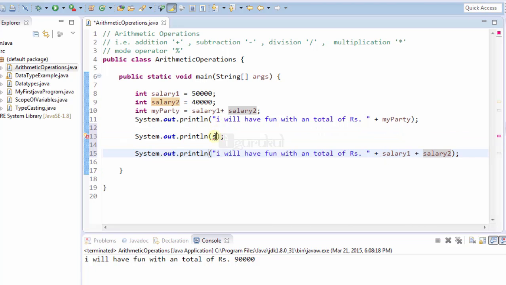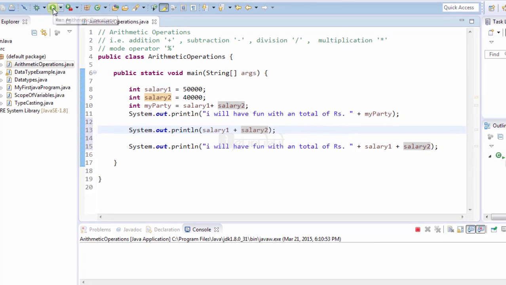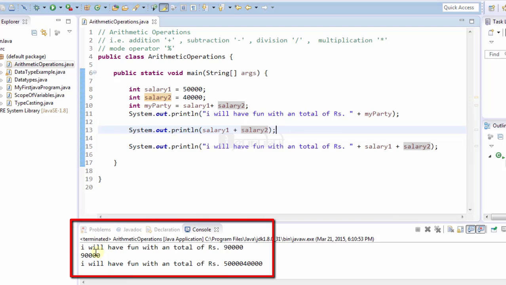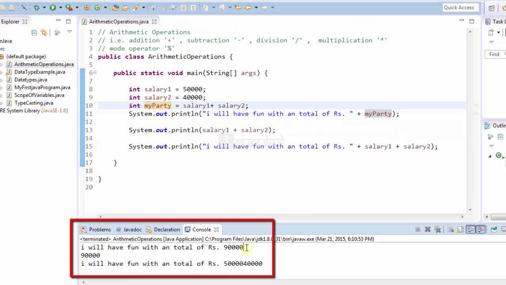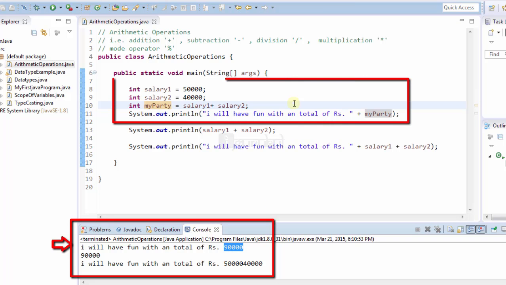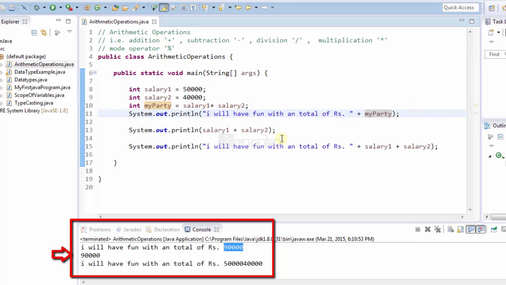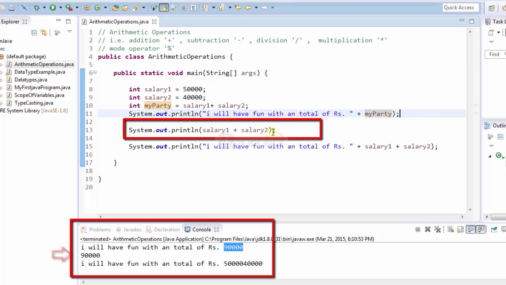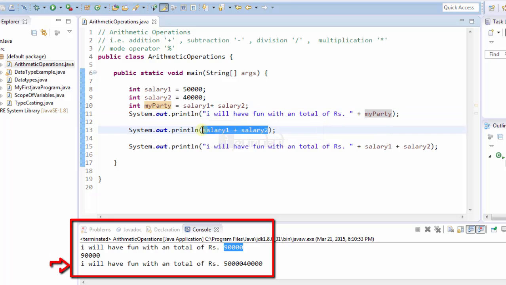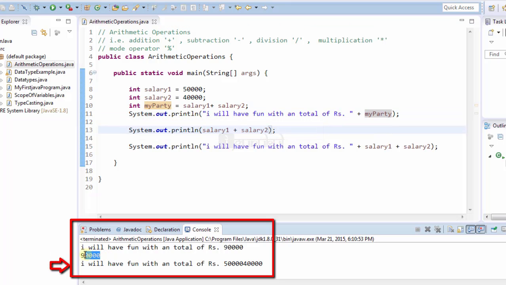Don't worry, as I have told you, I will be copy pasting a lot of things. See, I have given 3 print statements. Let's check the output for the first 3 print statements. In the first line I have got my correct output as 90,000. It has added 2 numbers and assigned the value to the third variable. So we have got the desired output. In my second example, I have eliminated my third variable and just printed the summation of both the variables. So it has given me a correct output of 90,000.